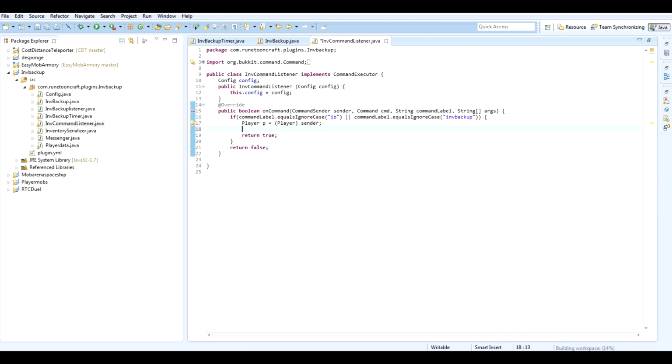So now, in this same place, right beneath the player, where we got the player, and then above the true, we're going to type in if, and then we want to get the first argument. So if args 0, well, actually, first we'll make it easier for us. We'll do string argument right now. Equals args 0, and then we can do if argument dot equals